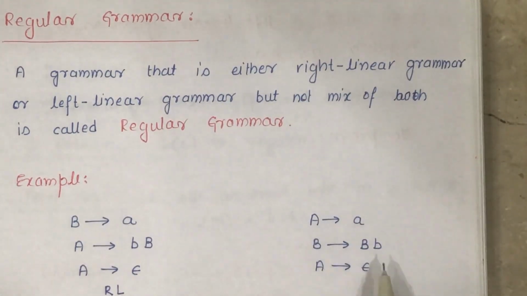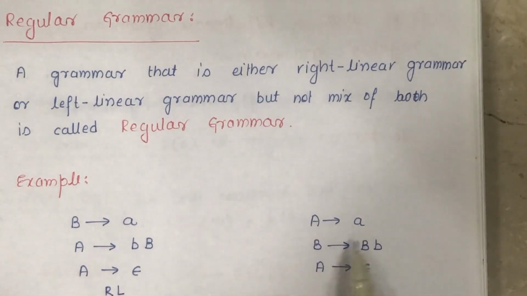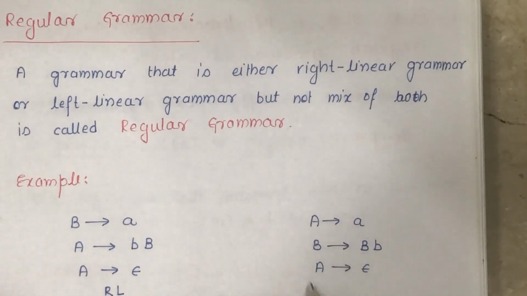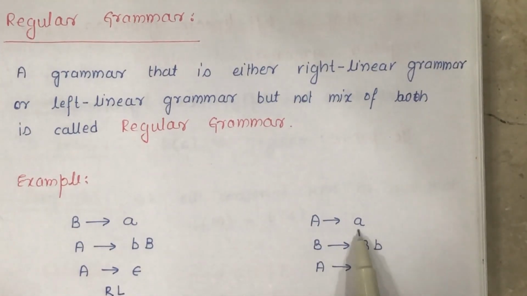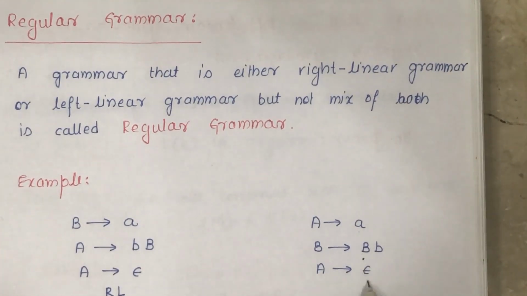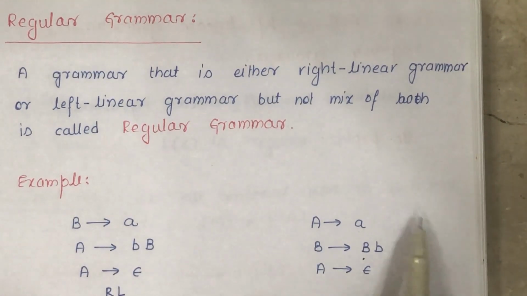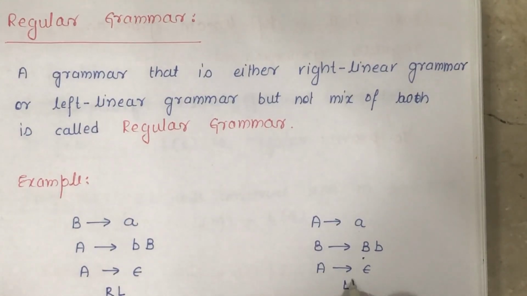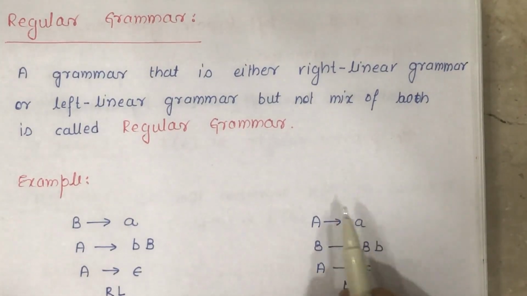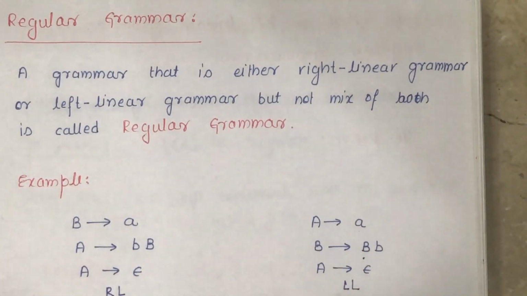Now we will take another example and try to check whether it is regular grammar or not. So here we have three production rules. On left hand side there is only one non-terminal. On right hand side there is no non-terminal. It has only one non-terminal situated at leftmost position, and this one is having no non-terminal. So all the productions given over here are satisfying the property of left linear grammar. So we can say this is a regular grammar.